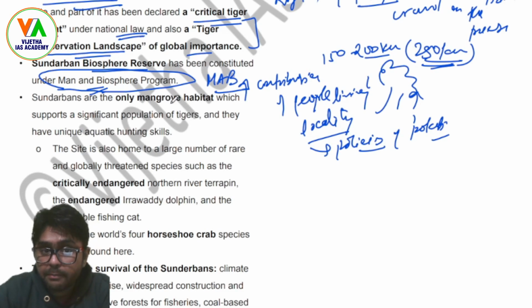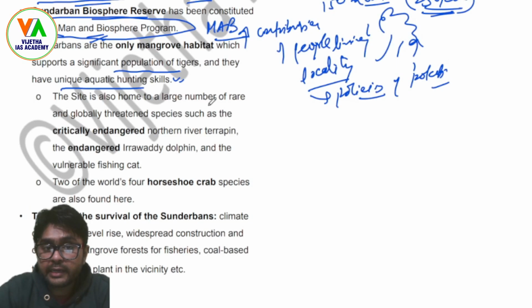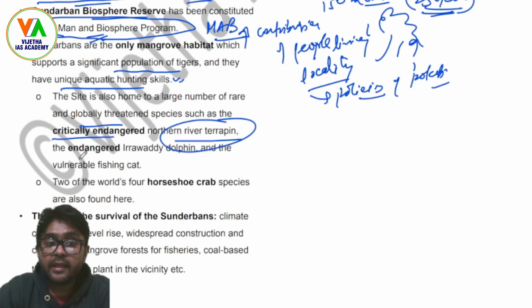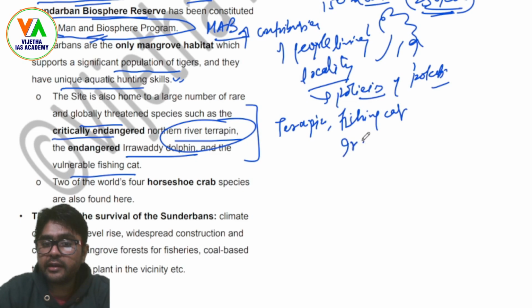And it is the only mangrove habitat which supports a significant population of tigers, and they have unique aquatic hunting skills, as we have seen, right? A large number of rare and globally threatened species such as the critically endangered northern river terrapin, the endangered Irrawaddy dolphin, and the vulnerable fishing cat are also found here. That means the river terrapin, the fishing cat, and the Irrawaddy